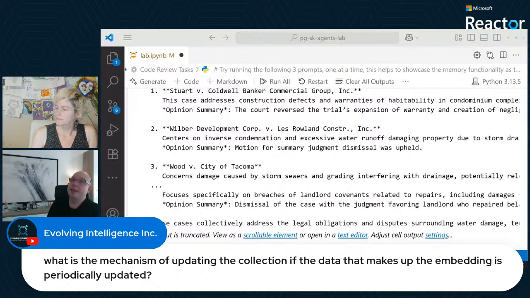Yeah, that's an excellent question. There definitely has to be a runtime lifecycle when it comes to your embedding. If it's something like legal cases, which is a fixed-in-time construct, you'd be in an okay place where you can run it one time and then keep retrieving it. But if there were new cases coming in, you have to think about that data pipeline and be able to grab those new cases and then embed them as they're being inserted into your database.